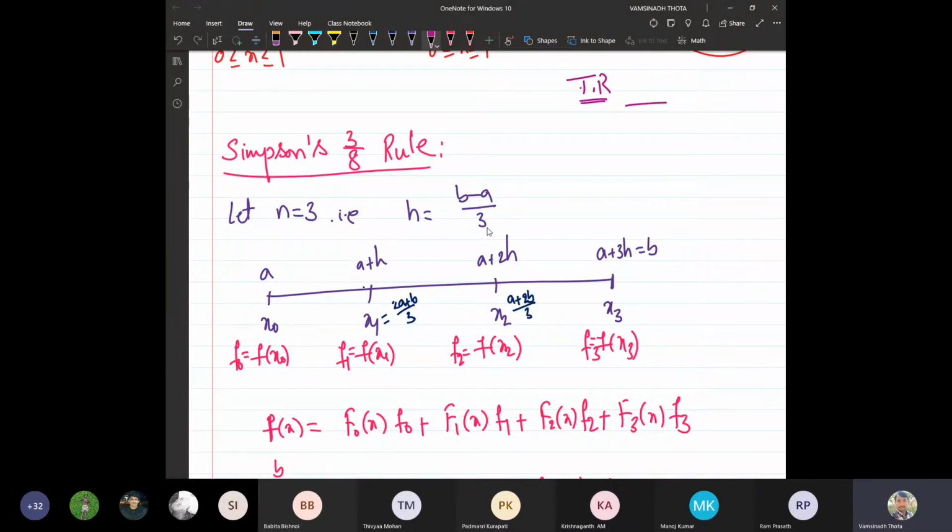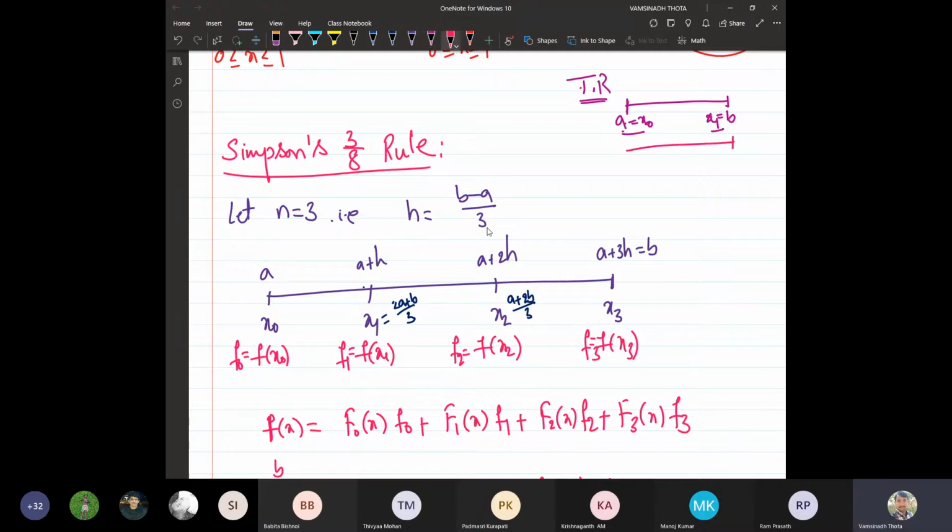In the trapezoidal rule, the entire interval is considered as only one interval. Means we just have two nodal points, the initial point and the end point, and nothing else. And then